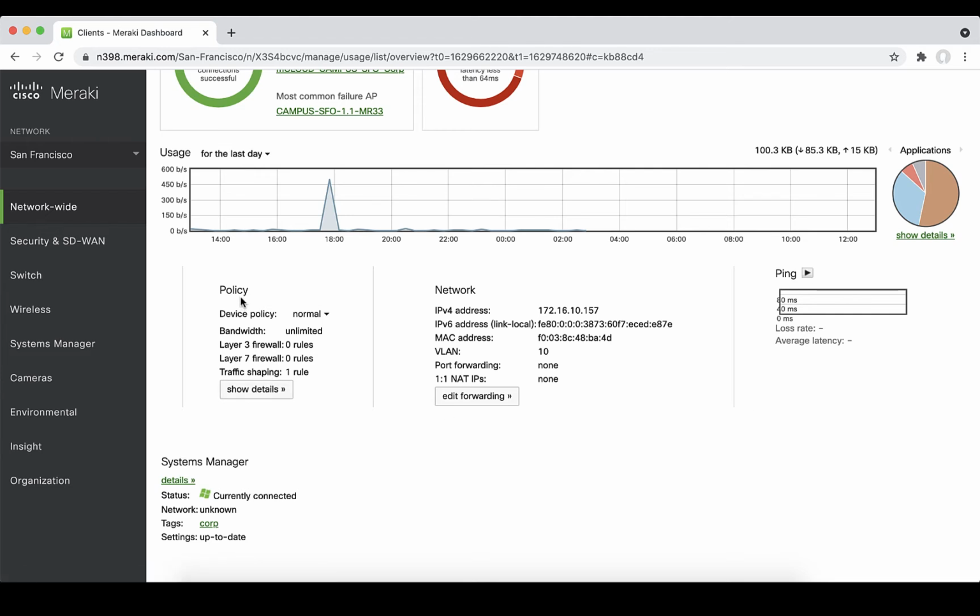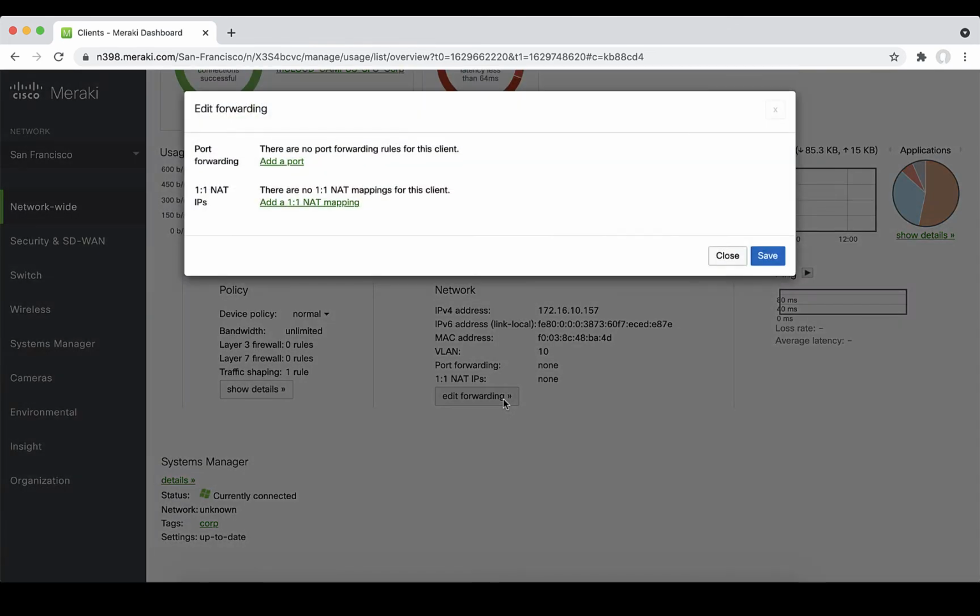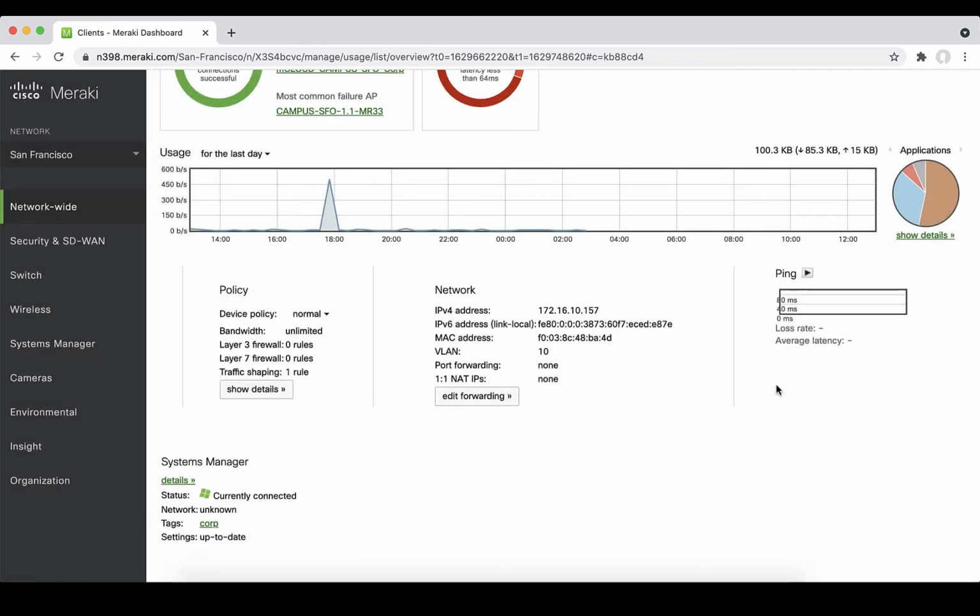Under the policy column, we can see if any policy was enforced on this client. Under the network column, we can see network information for this particular client, such as its IP address, MAC address, any port forwarding rules, or one-to-one NAT rules configured. We can even configure them under the Adding Forwarding tab. Lastly, there is a ping column available that allows you to run ping tests toward this client from its connected